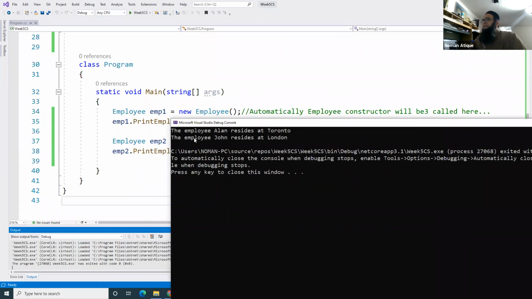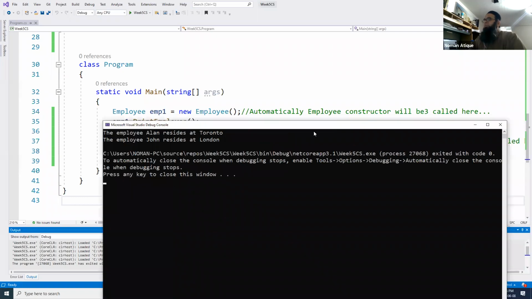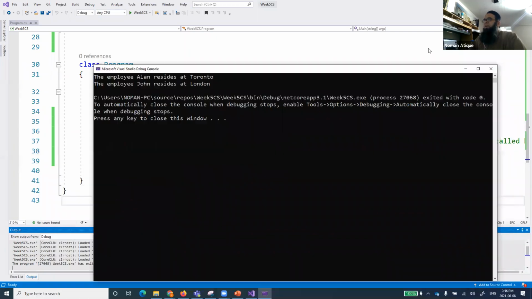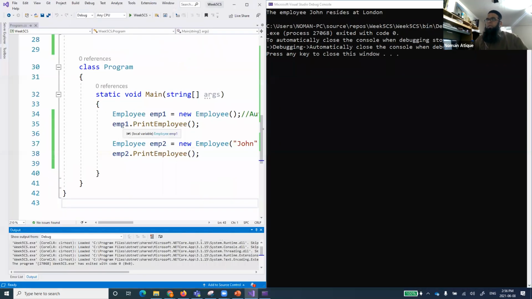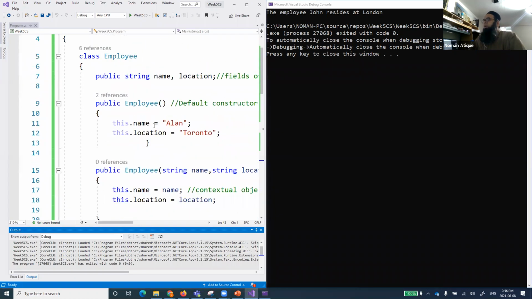Do you see that the employee Allen resides at Toronto, the employee John resides at London. So what is going on? When I call the first employee, automatically this constructor is called, and this sets this dot name. Are people understanding what this is doing here?